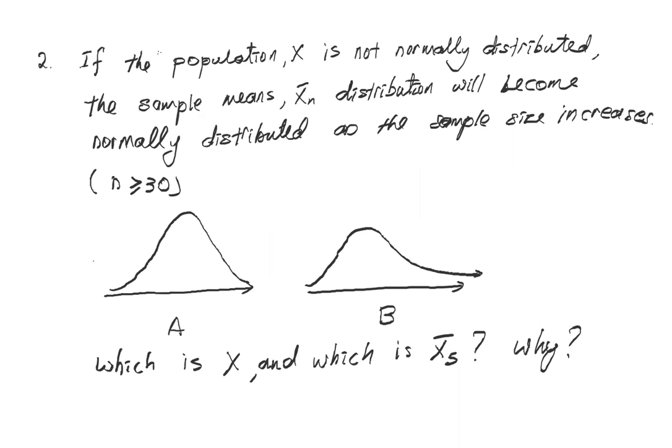Okay, X bar 5, A is the distribution of X bar 5. Why? Why? Because